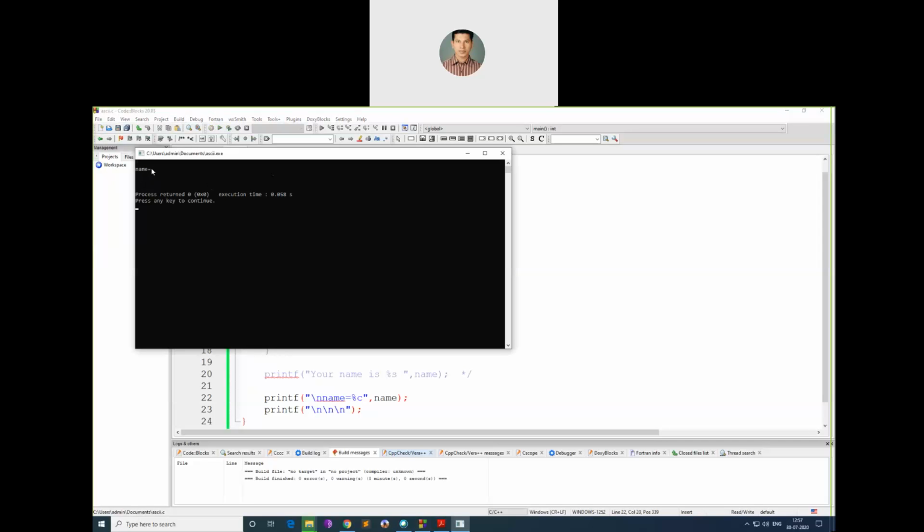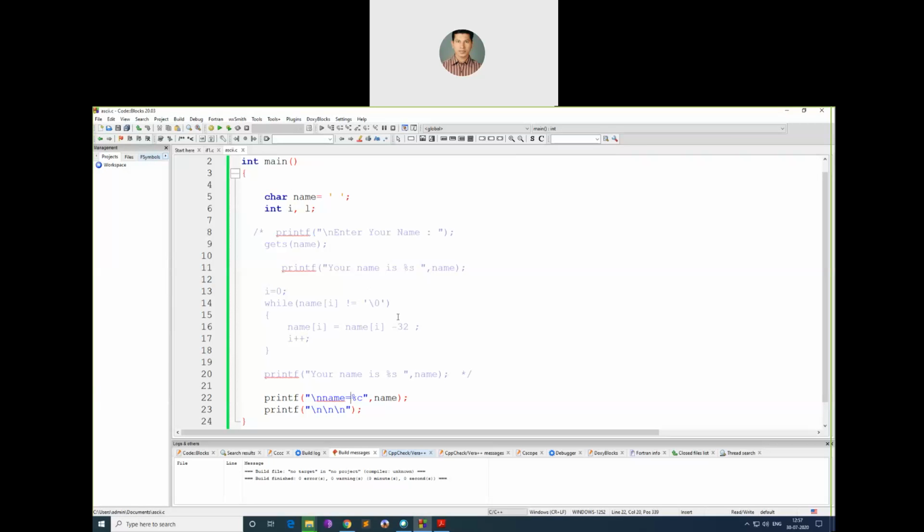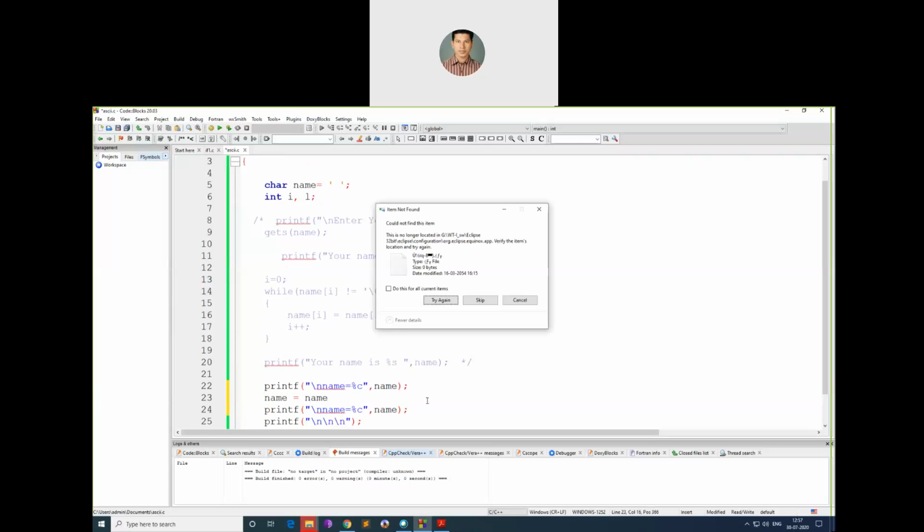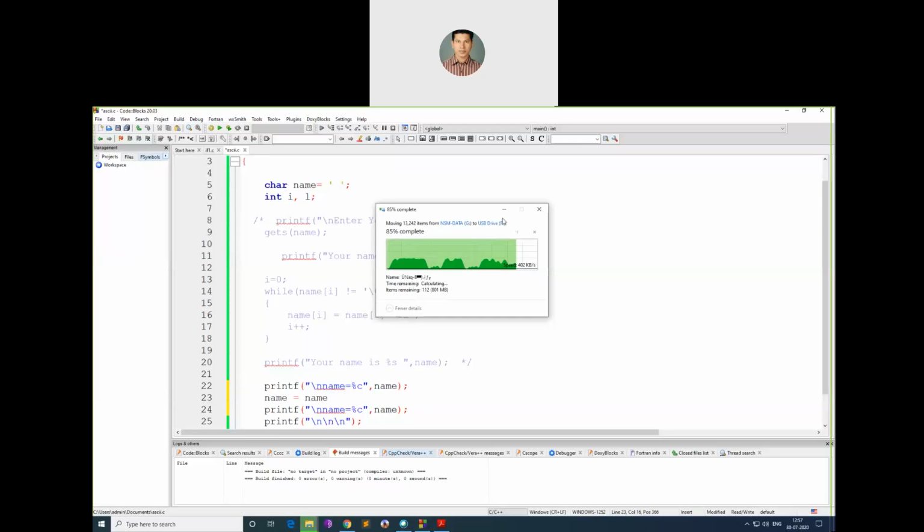When I enter Rahul Dravid, there is a space in between. I'm converting that space to uppercase, but that is not possible. If I do this, what will happen? Control C, and I'll copy this again. Control V. But before this, I'll add name equal to name minus, what I was doing.